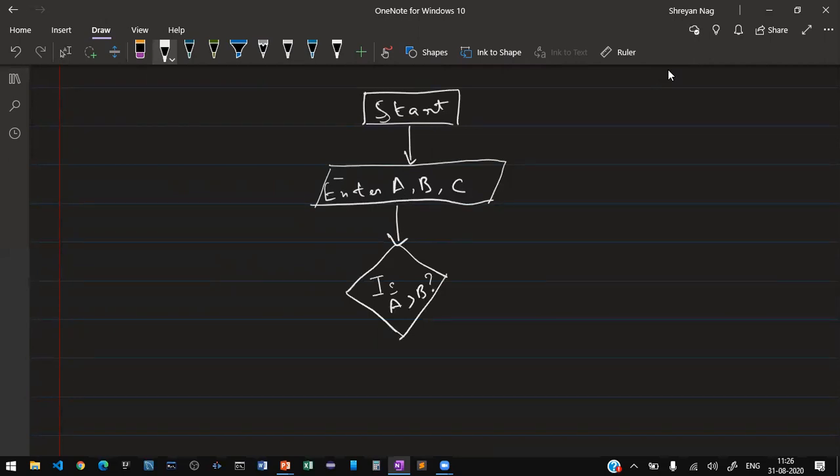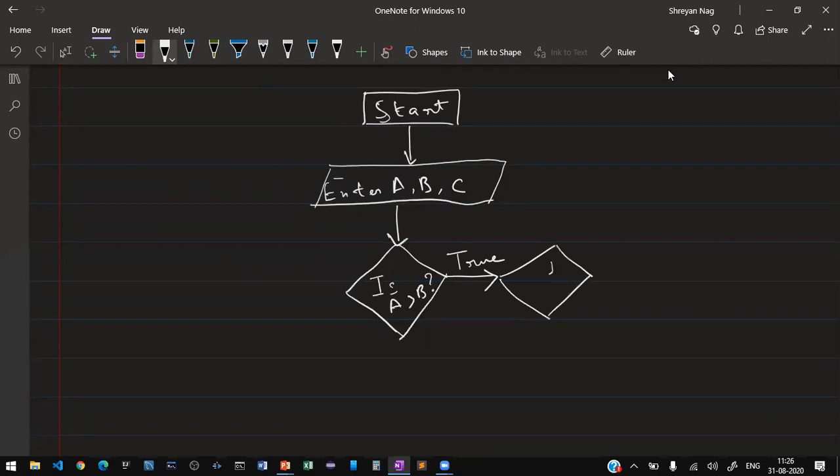If it is true, it goes to the next decision box, which checks if a is greater than c.